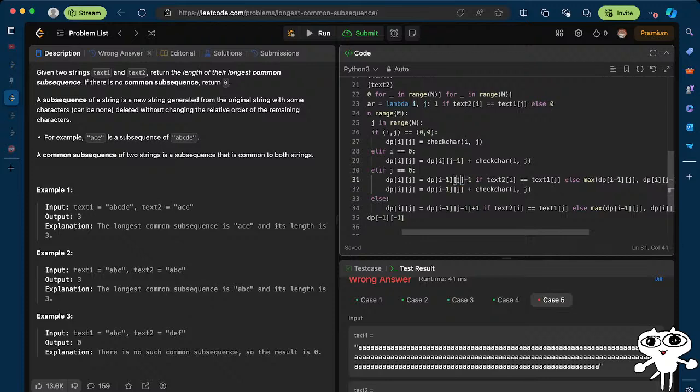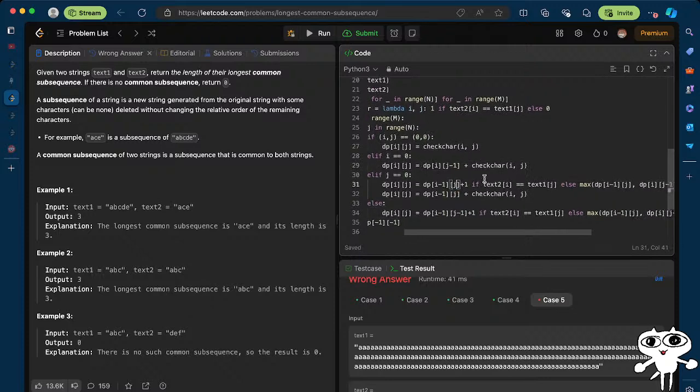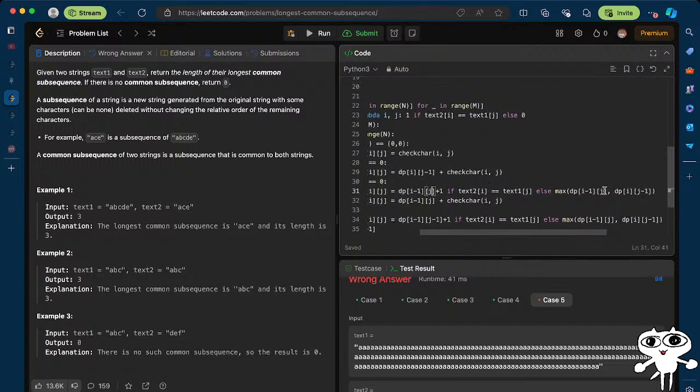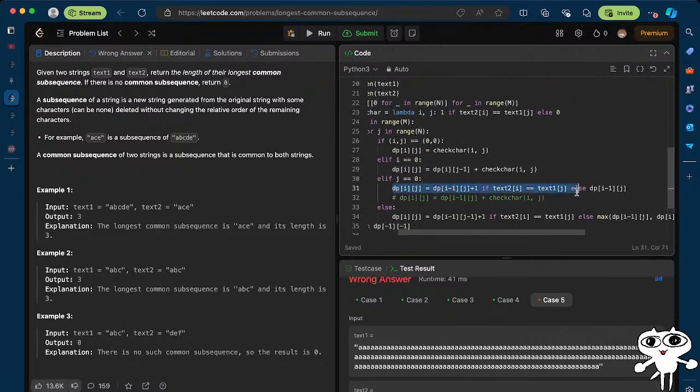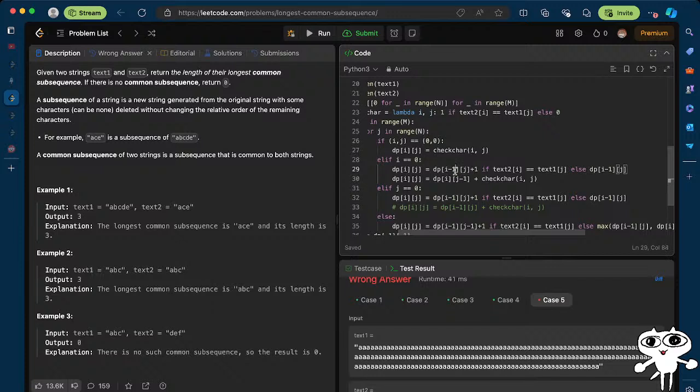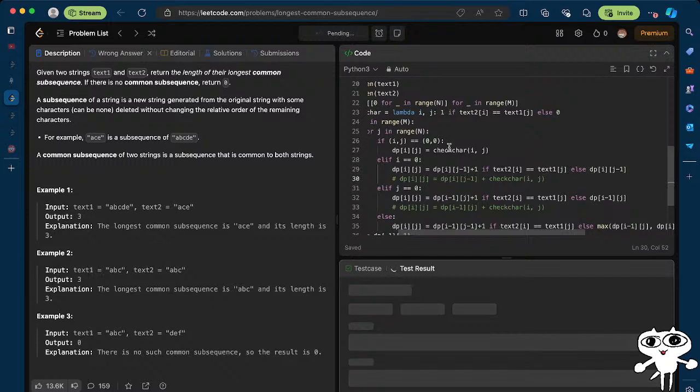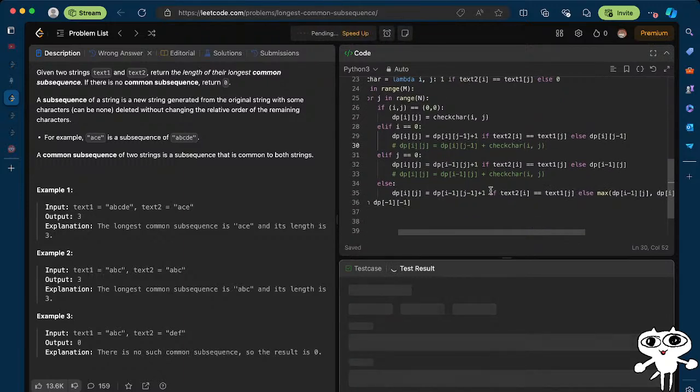So this has to be j if the characters match. Else, if the characters don't match, perhaps it's just got to be this. You can just look up, you can't look anywhere else. And the same goes for this one over here, which is i, j minus 1. Otherwise, you can just look to your left, I guess. I don't think this is the issue, but